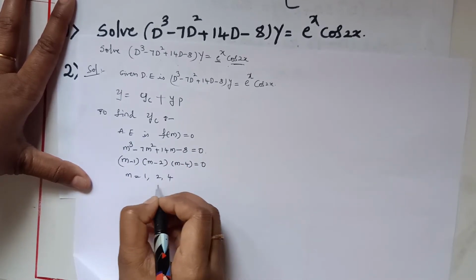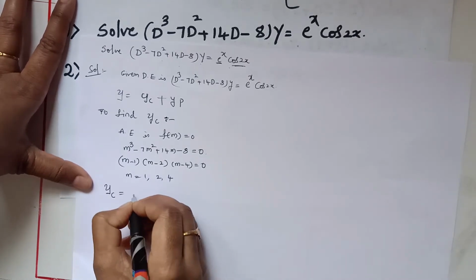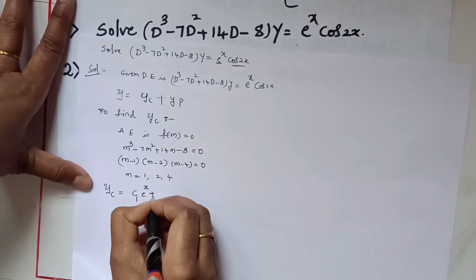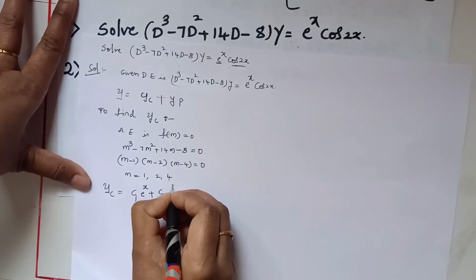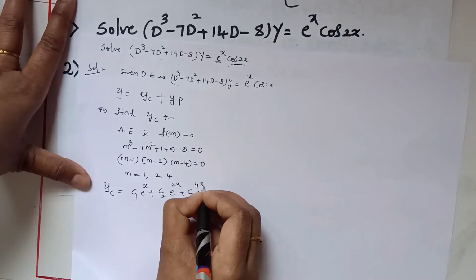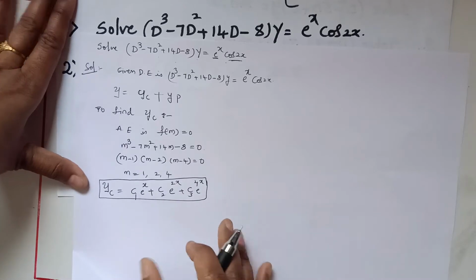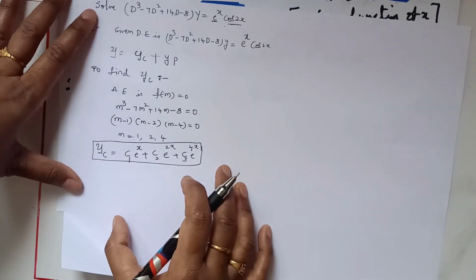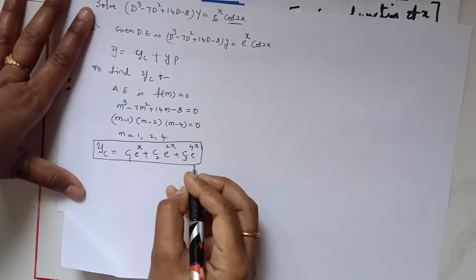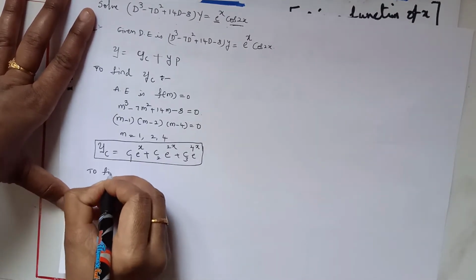We got 3 different real roots. Therefore, the complementary function is yc equals c1 e power x plus c2 e power 2x plus c3 e power 4x. Now, to find the particular integral